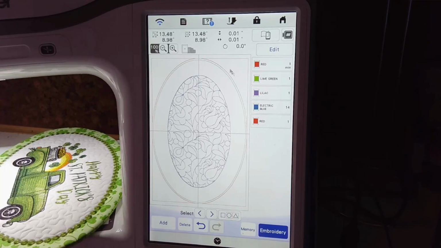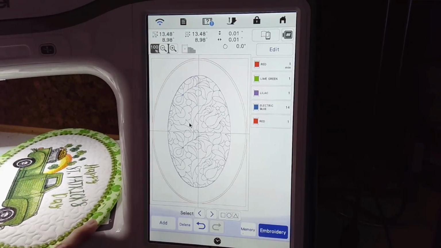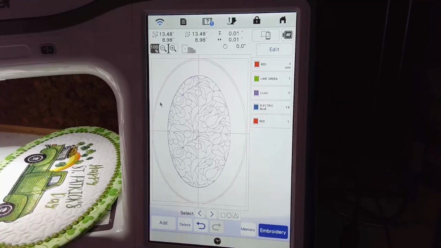Alright, so now we have an outside line to tack down our outside fabric here, our border fabric. Okay, we've got the fill all done. And we are going to tack down this outside border on the outside. And then now we need our line to tack down the inside border. So let's go add